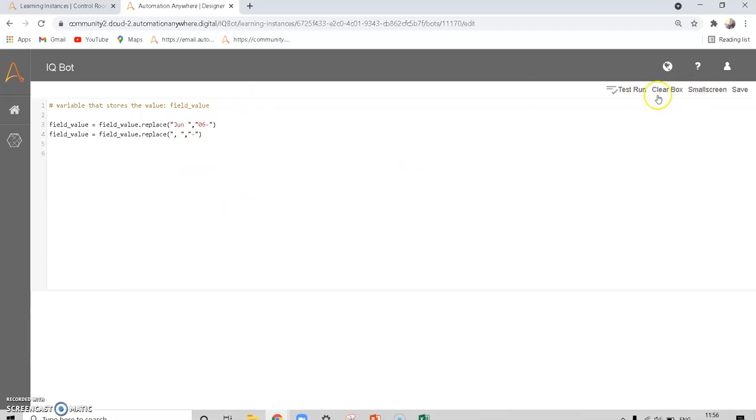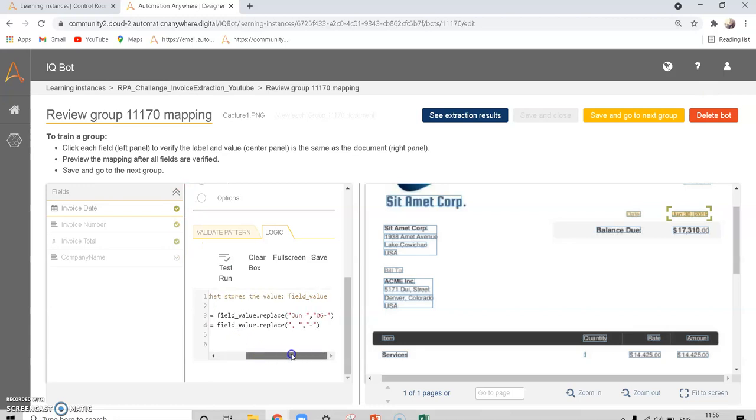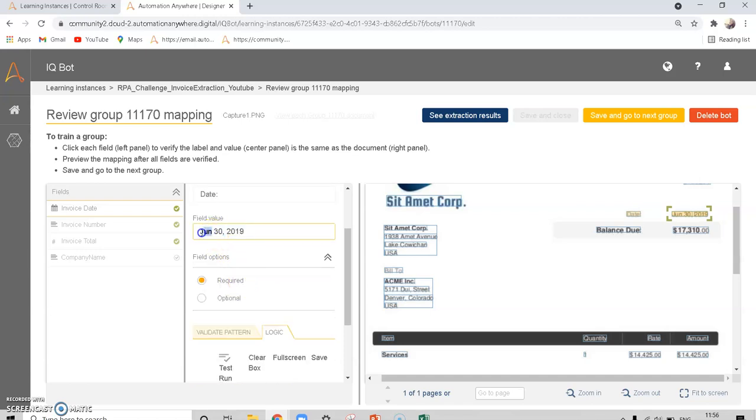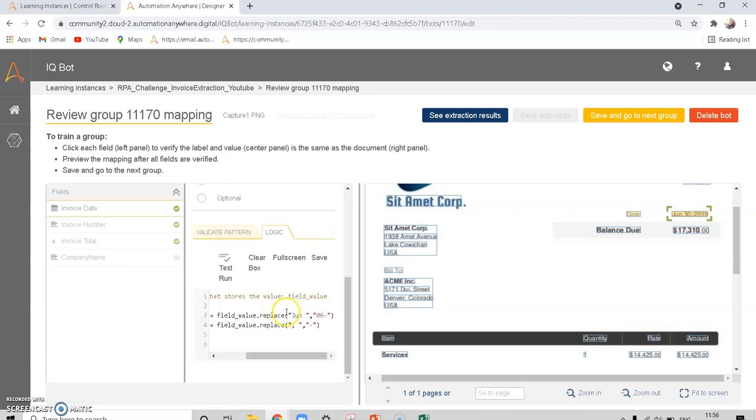Why I'm doing this is, if this comma is there, it has to replace this comma and space with a hyphen, and it has to replace June and a space as 06 hyphen. So for that I have replaced June space as 06 hyphen and the comma space as a hyphen.